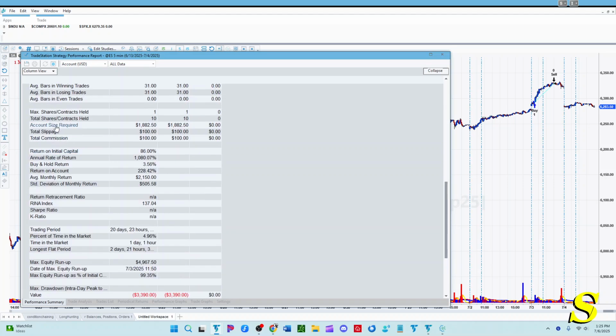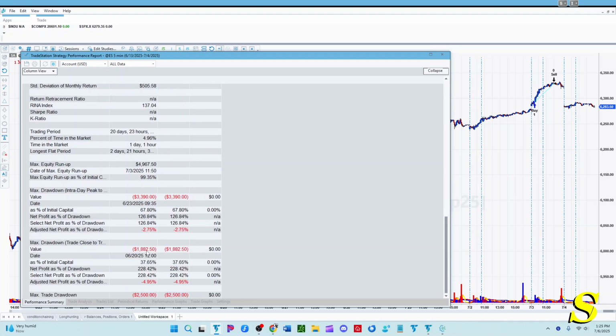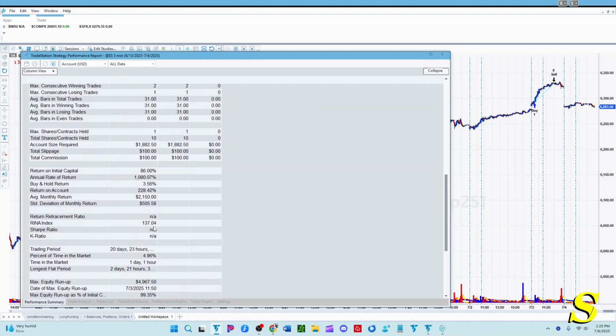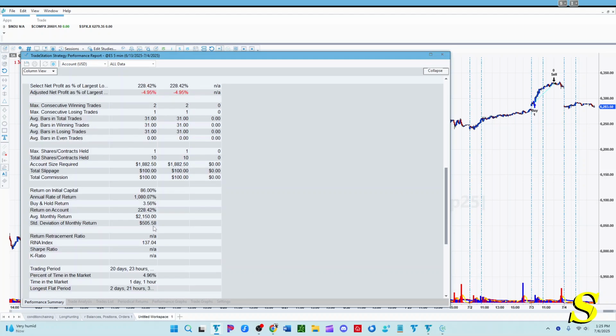So, return on capital, account size required $1,800, which I think is off. Like I said, it says that you need an account size of $1,800, and that's the same $1,800 there for the drawdown. But I guess technically, no, that wouldn't be right,